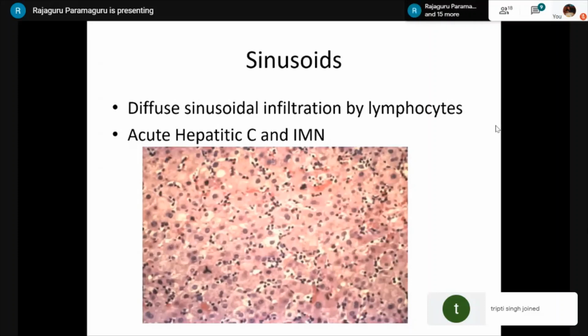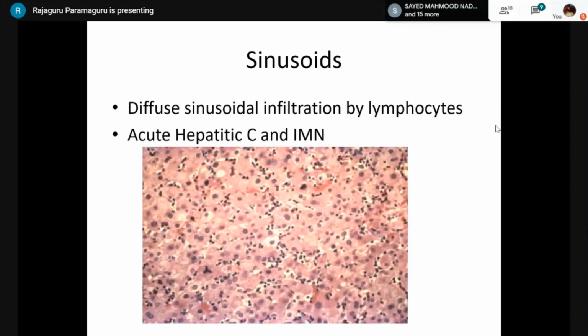Pratik Shivappa from YouTube is saying, sir, please tell us how to count portal tracts and what is the adequacy criteria of adequate portal tracts. Yes, sir. This was taken in the last session. Should I repeat it again? Because we are going to have an extensive session today, we can cover it in the end. Okay, fine.